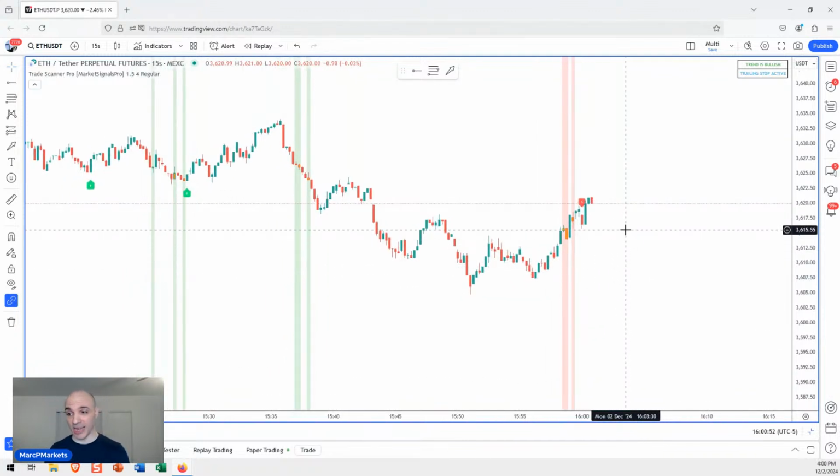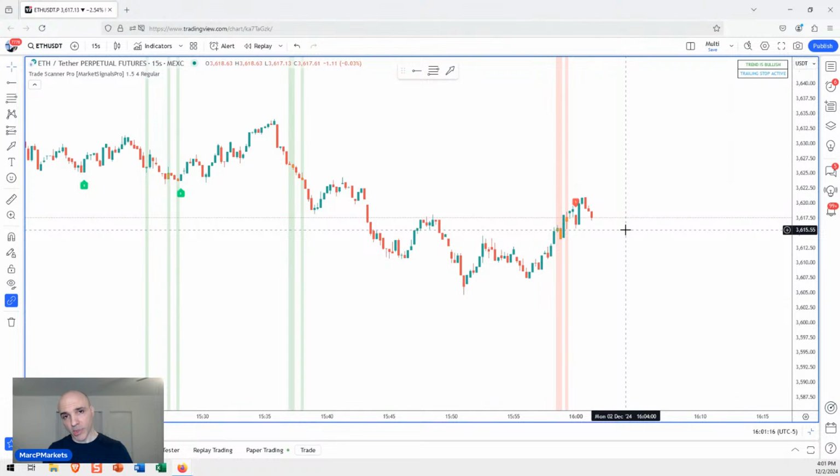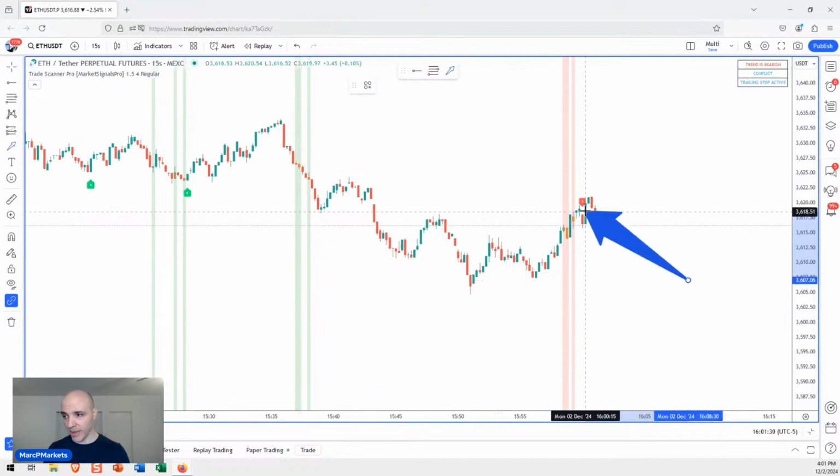Now, 15 seconds, like I said, is going to be a very noisy time frame, not something I recommend for beginners. But I'll trade this for example purposes so that you can see the script in action. If you're wondering what time frame you should work with as a beginner, 5-minute or 15-minute usually are more appropriate for day trades. Sometimes if you're looking for a signal sooner, you usually have to go to the next time frame lower because there are more signals on the smaller time frames. And when we have our more advanced filters, those signals should be more reliable as well. A signal like this should not appear.